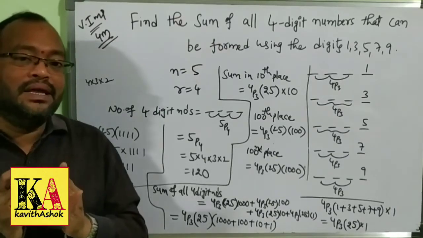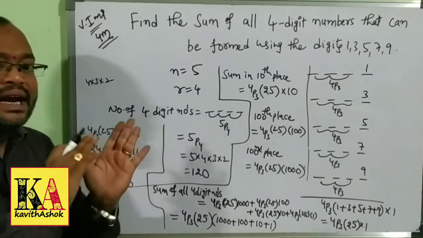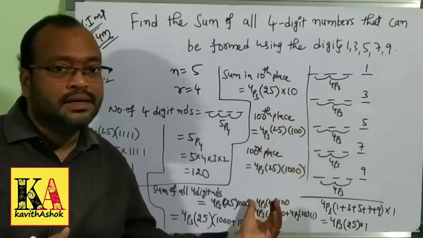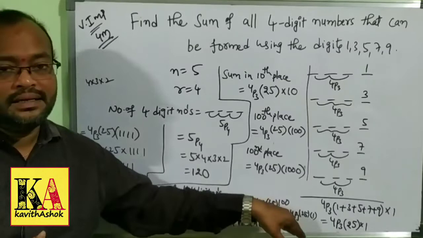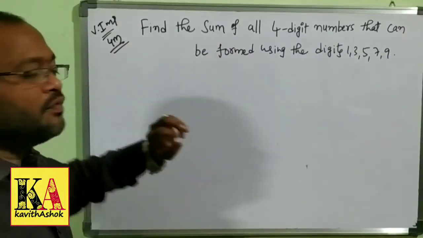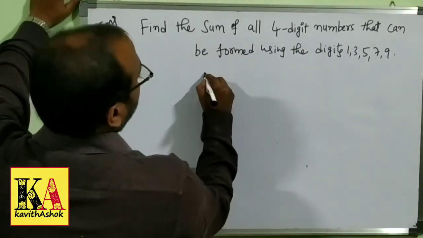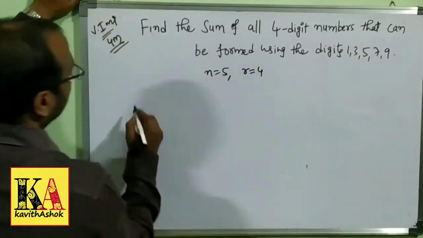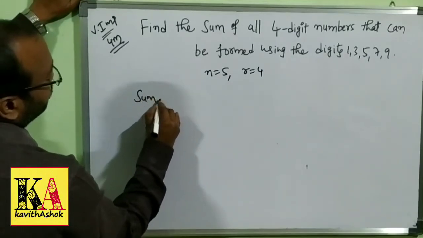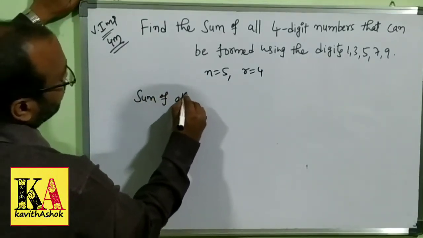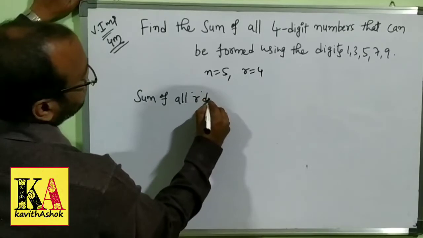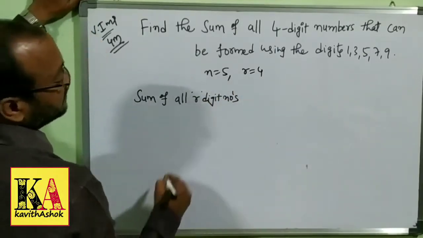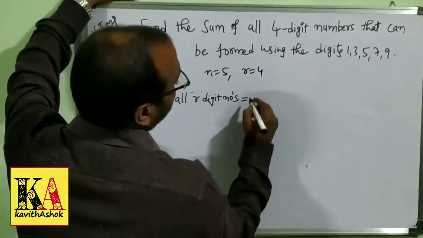But in examination, by using the direct form, we can calculate the answer. There is no need to solve all these things. Okay. Now we will discuss that thing. Right. First we will write that formula. What is given here? N value will be 5. We want a 4-digit number, R value 4. Right. Sum of all R digit numbers is equal to, the formula is